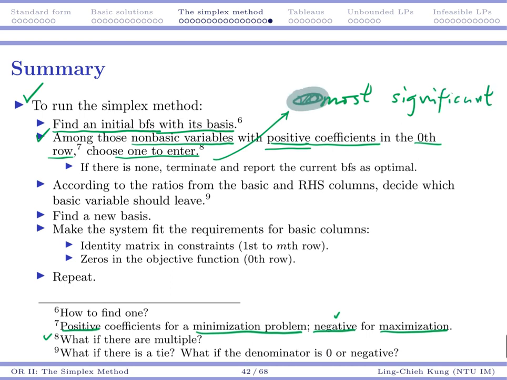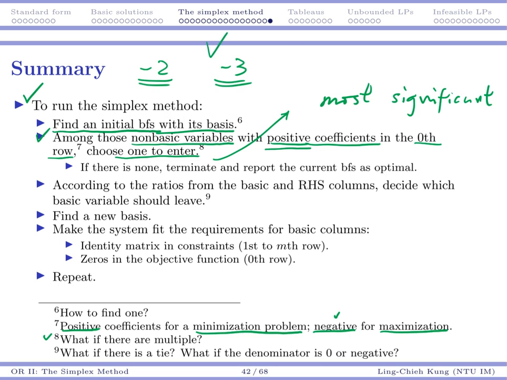So what do we mean by most significant? If you have a -2 and a -3, the -3 has a larger absolute value, and you may consider that as most significant. But we know this is not always the best, because when you try to increase your